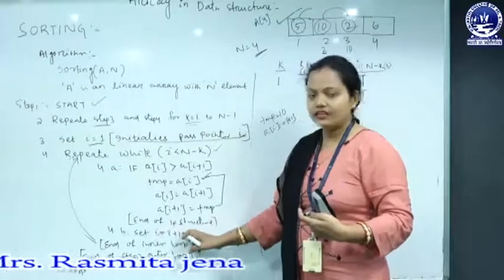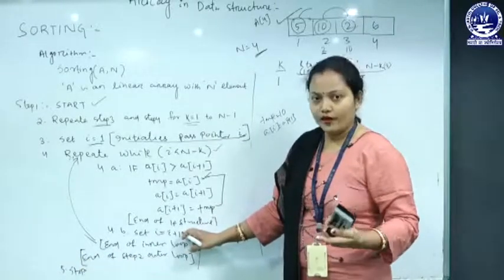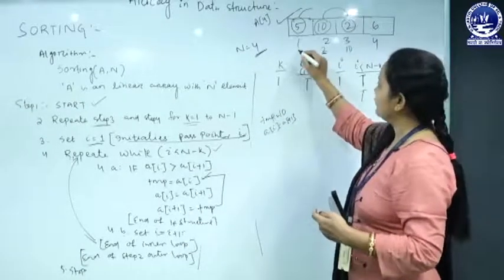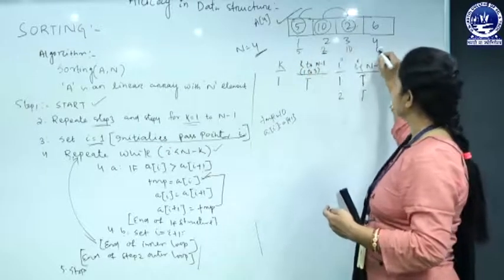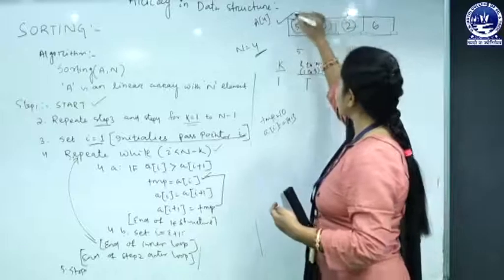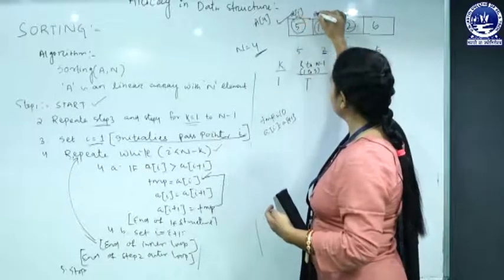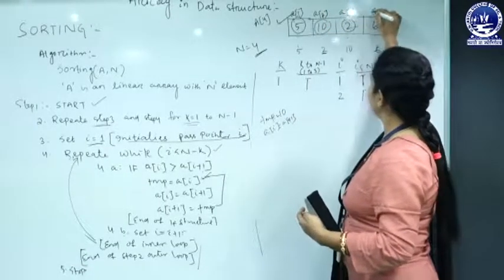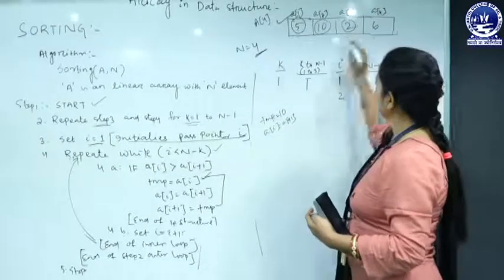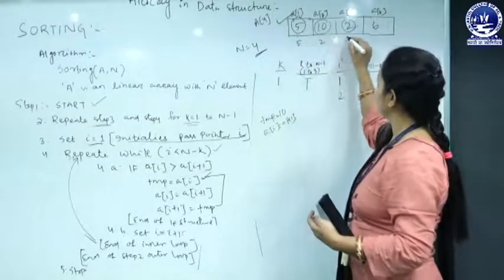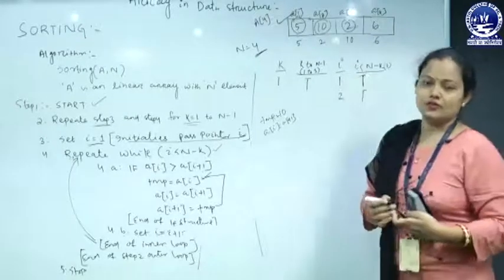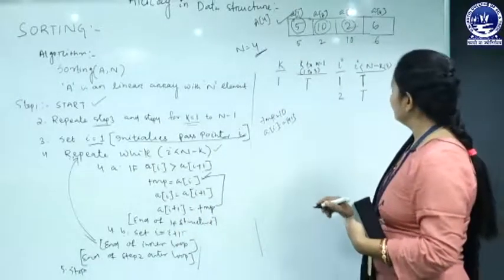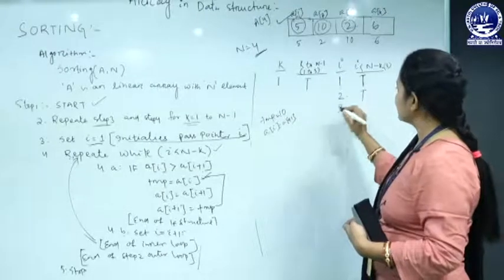Then we will again increment the pass pointer variable, I equals I plus 1. While pass 1 is continuing, the array became 5, 2, 10 and 6. This is the array index; I am writing it above the array: A of 1, A of 2, A of 3 and A of 4. When the first pass executes, the array became 5, 2, 10 and 6. Then compare the next: I equals I plus 1, so I becomes 3.